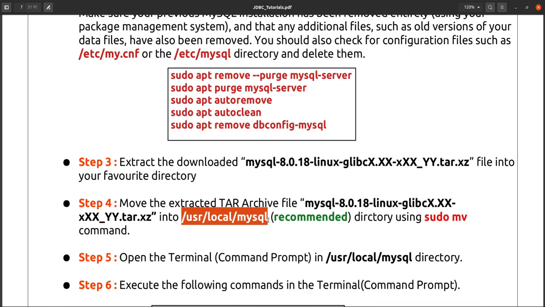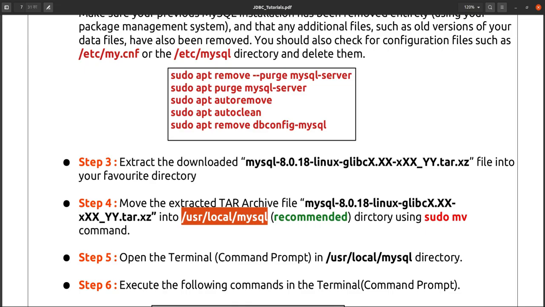sometimes it may install, it may not install. That's why we recommend installing at this location only, using sudo. Why are we using the sudo command here? Because sudo is used to run any command as an administrator. Inside your Linux operating system, there are some directories where you cannot execute commands. You need admin permission to do that, so sudo will give you that permission.